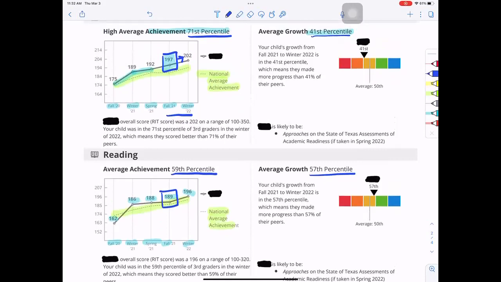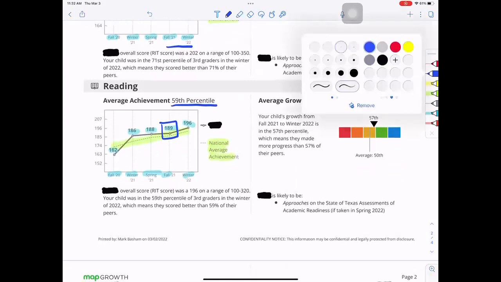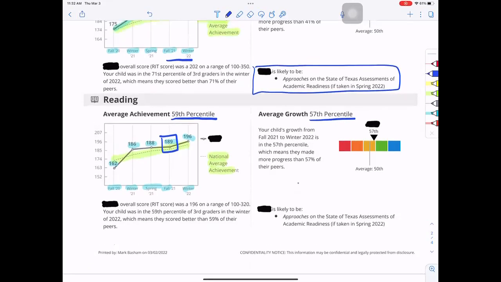One other data point I want to show you on this is at the bottom of our 3rd and 4th grade, you're going to see this box. And it's talking about the STAR assessment. So the STAR is taken in math and reading in both 3rd and 4th grade for all students across the state of Texas. And there are 4 achievement levels. There is the does not meet, approaches,